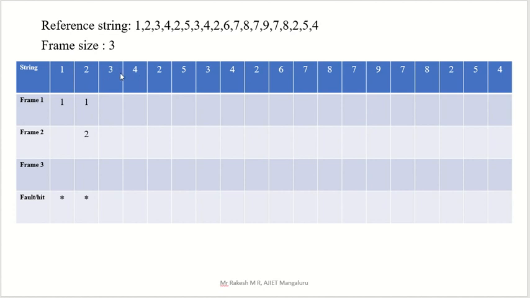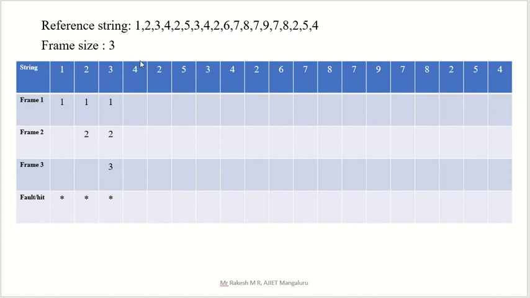Now 3. Is there any entry of 3 here? 1 is there, 2 is there, the other entries are not there. So the CPU is asking for 3. What is our job? When the CPU asks, the OS's job is to take that page number 3 from secondary to main memory, and enter it in any one of the spaces. Here it is blank, right? So I will take that 3 here. Anyway we are taking it from secondary memory, that's why again page fault. Page hit means that entry is there here. Page fault means that particular required thing is not there here. That is page fault.